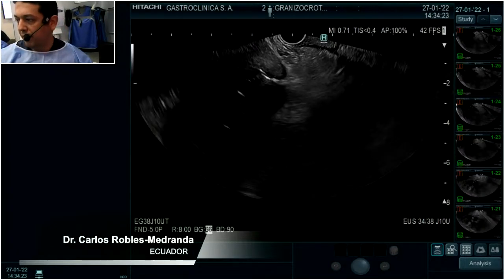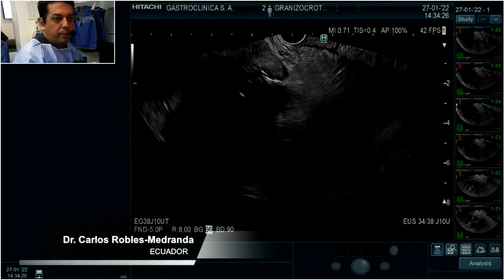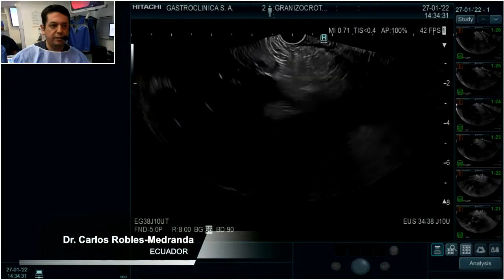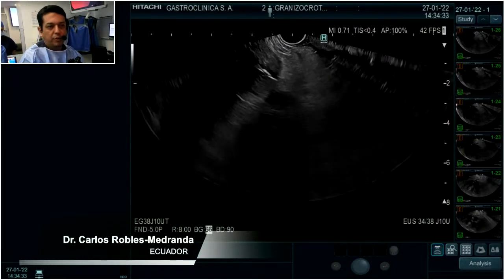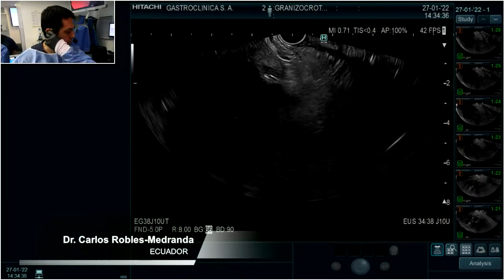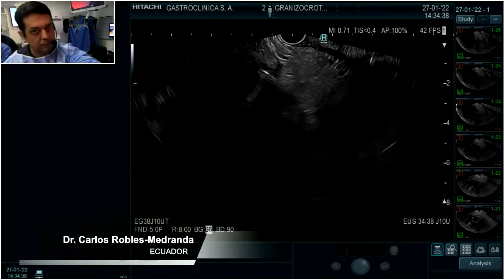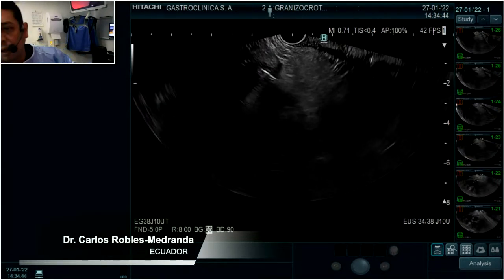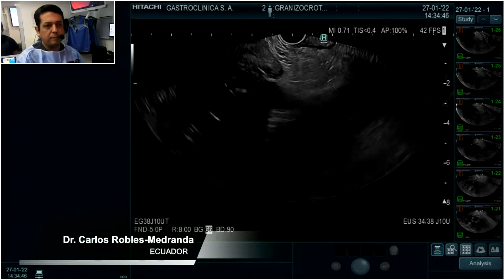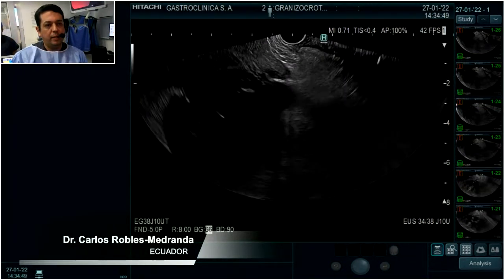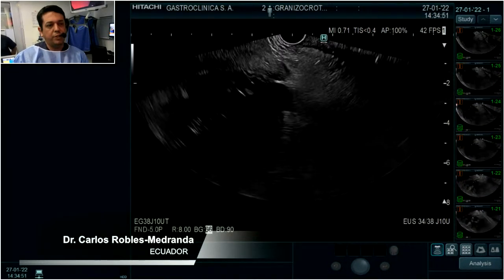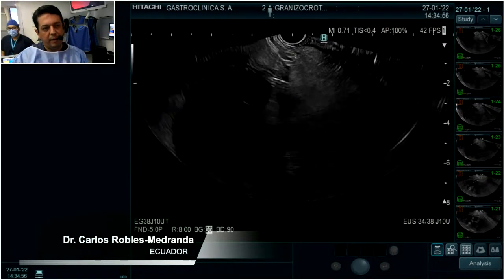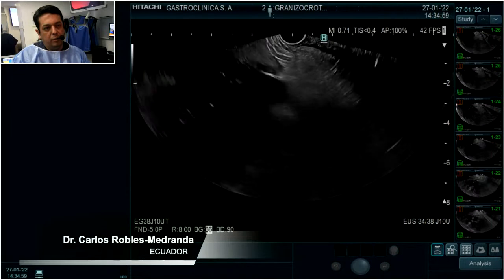So we have a patient, 66 years old male, with history of fever, and with collection in the liver. So at CT scan, and as you can see here, at endoscopic ultrasound,